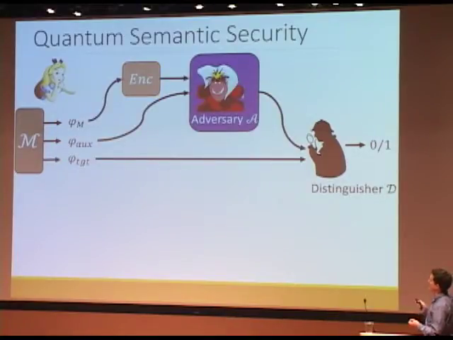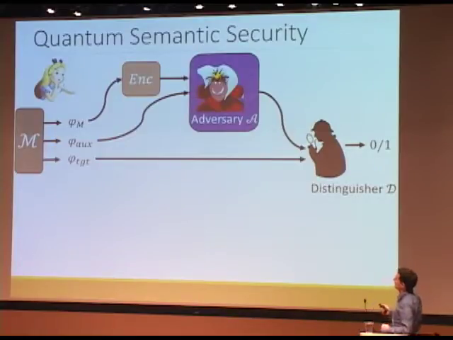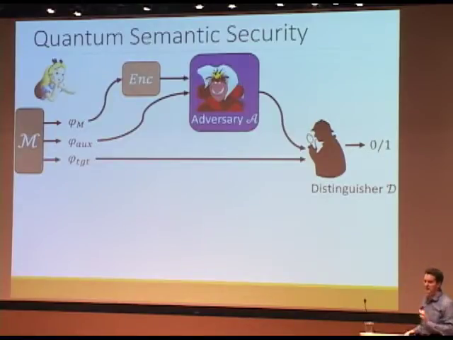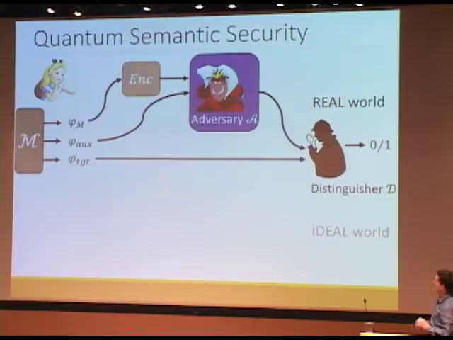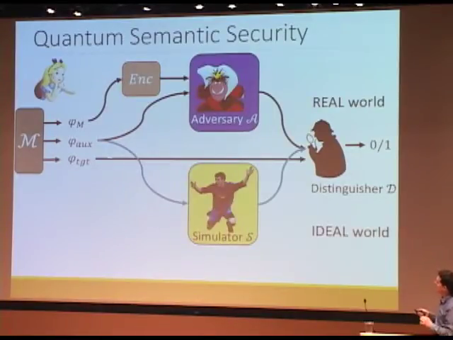from the target state. Notice before we were really checking equality. Here it's actually less restrictive, somehow we're checking equality of 2 quantum states. That's a bit hairy, but what we do is we just give it to a distinguisher who does whatever he wants. He just outputs a classical bit, either 0 or 1. And we want to compare this real world to the ideal world, where we similarly just give the auxiliary information to the simulator, and the simulator is feeding that to the distinguisher as well, who also gets this target register.